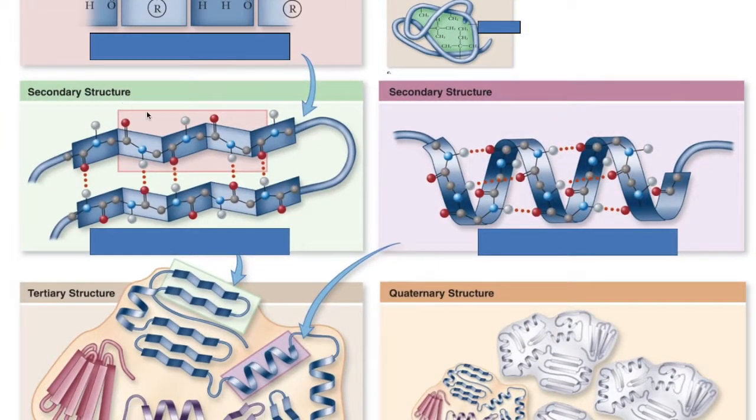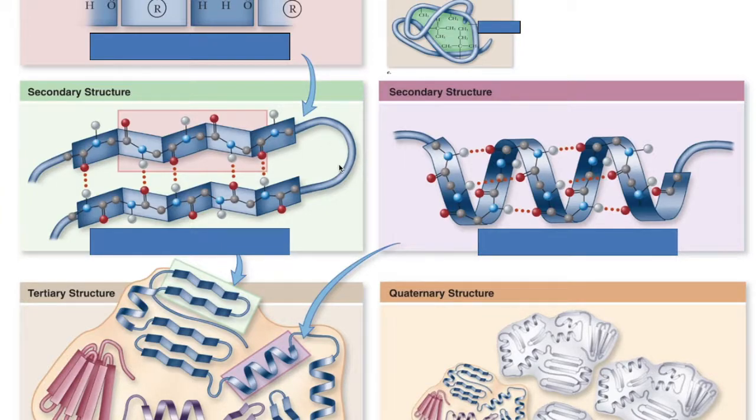Alright, so the next structure in the sequence of protein structures is the secondary structure. The secondary structure is defined by hydrogen bonds. Hydrogen bonds in general aren't very strong, but since there's a lot of them going on in secondary structure, it makes them stronger. The secondary structures can be separated into two basic groups, the beta pleated sheet and the alpha